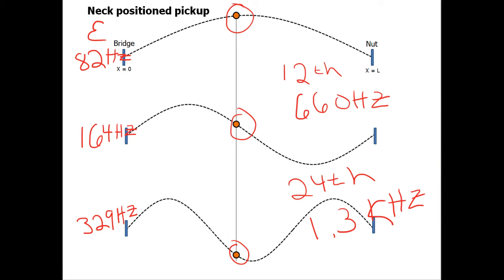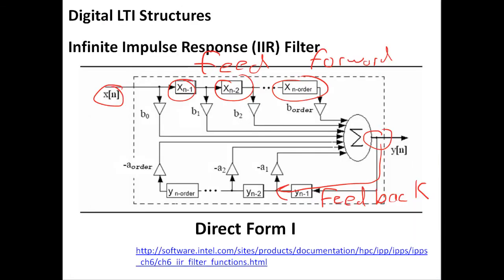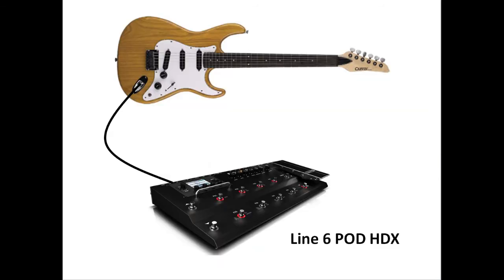Let's go back to a picture of the guitar. This is a 22 fret guitar, but the 24th fret is about right here. So this is about the wavelength right here at the 24th fret. We double the frequency, and this is about the wavelength. That puts us at about 2.4 kilohertz. And then we can double it, and we get about 4.5. But one thing I wanted to mention is that the higher you go in frequency,